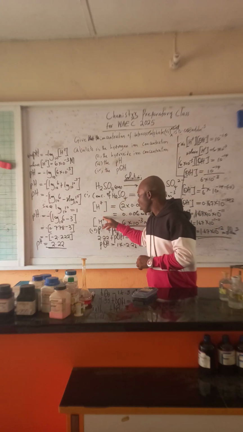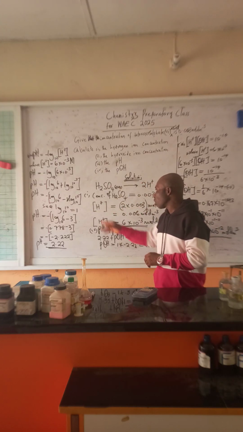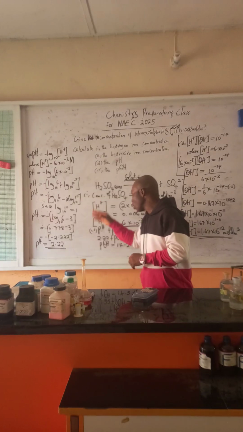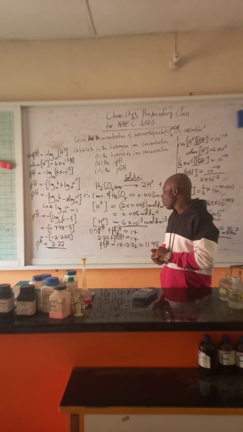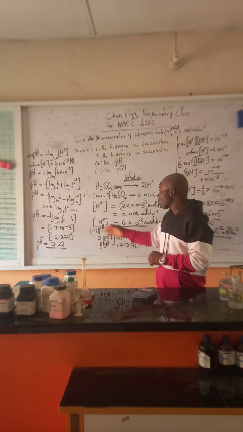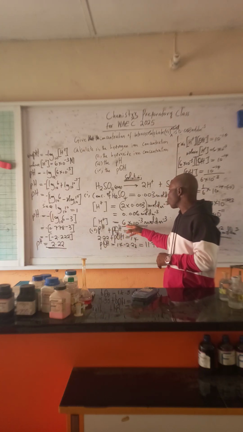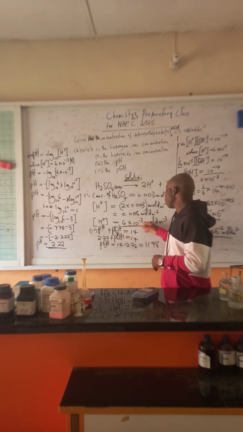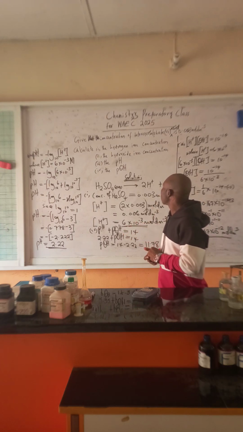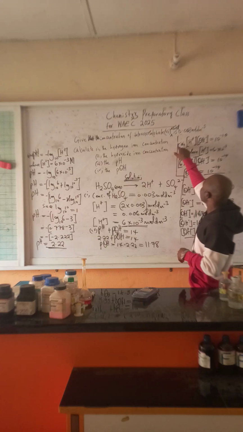This symbol in chemistry means concentration, and whatever is inside, that is hydrogen ion, means concentration of hydrogen ion. So in standard form, the concentration of hydrogen ion will be 6.0 or 6 times 10 raised to the power of minus 3 mole per dm³. And the second question is